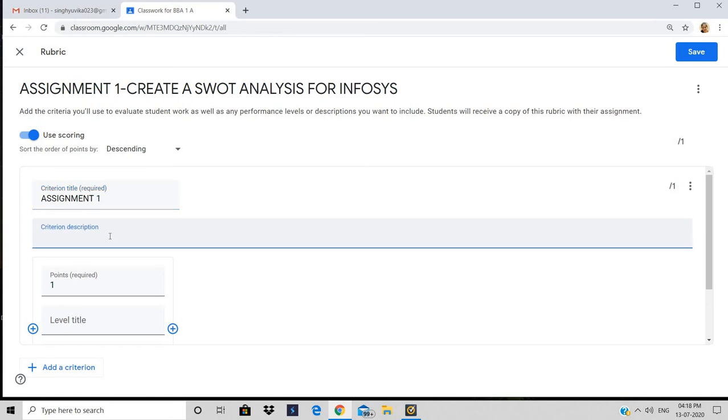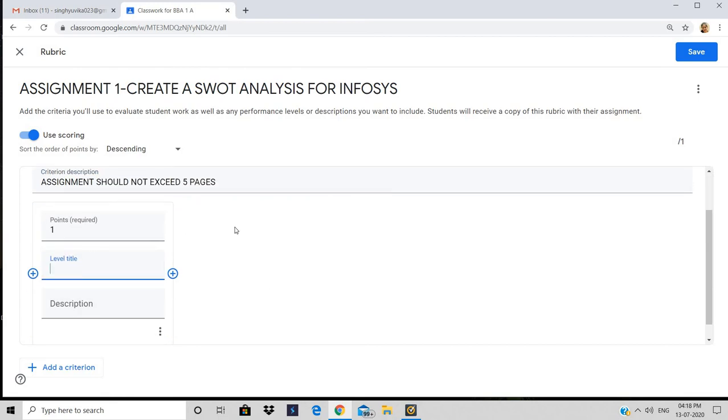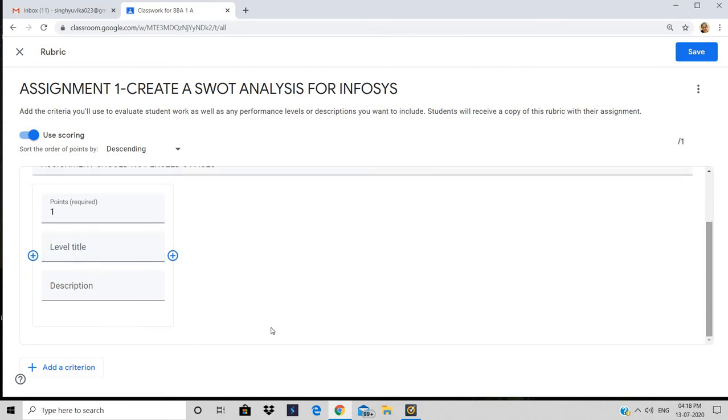Criteria description is assignment should not exceed 5 pages. Suppose this is point 1, right? So this is the criteria that is being set by us.